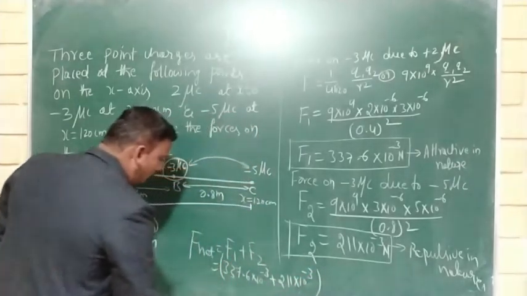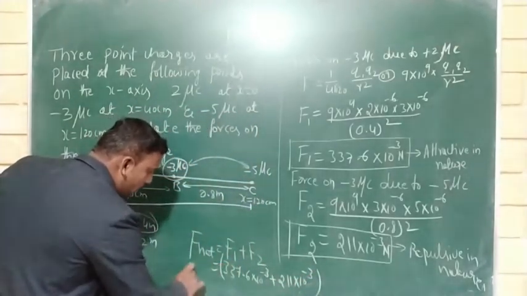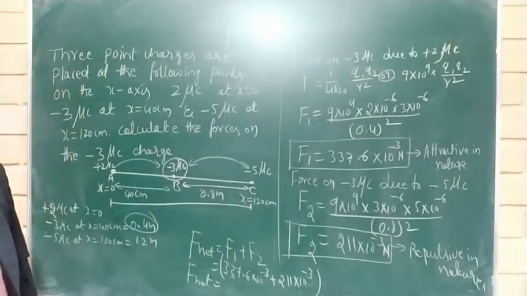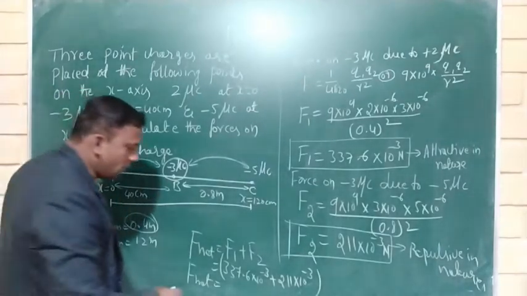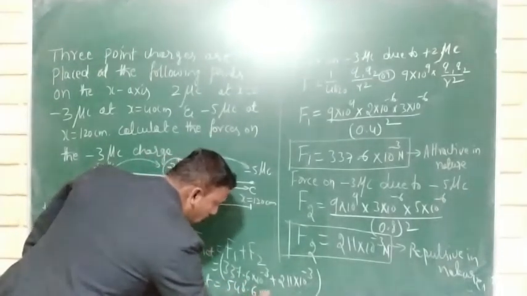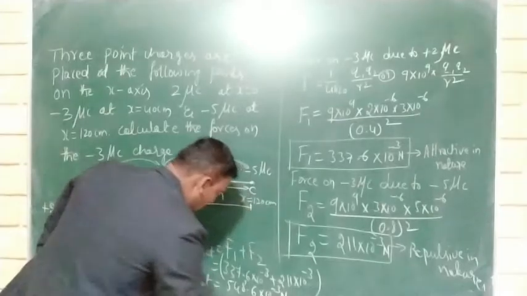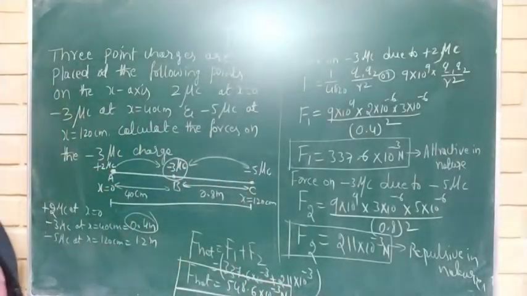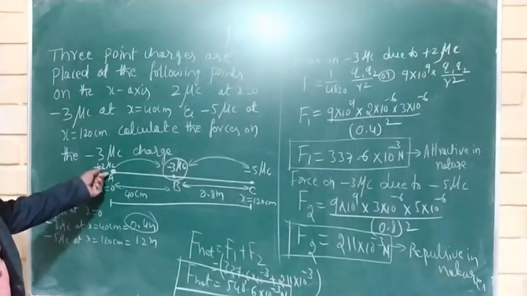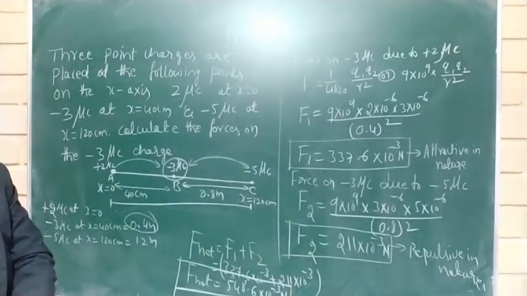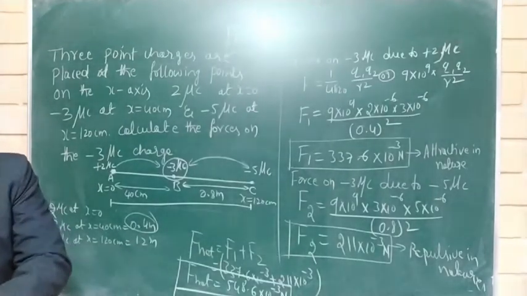After adding, F net is equal to 548.6 into 10 to the power of minus 3 Newton. This is the net force on the minus 3 microcoulomb charge due to the plus 2 microcoulomb and also the minus 5 microcoulomb charge. Okay. Next question is